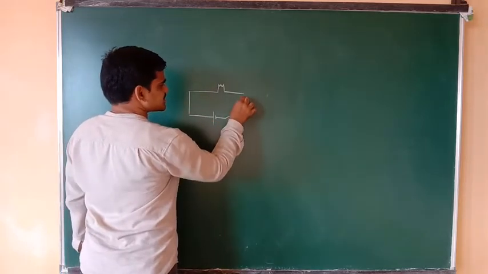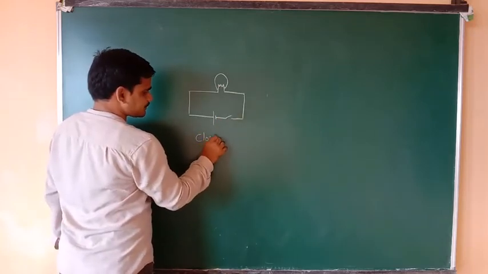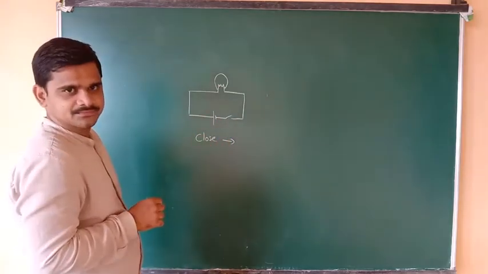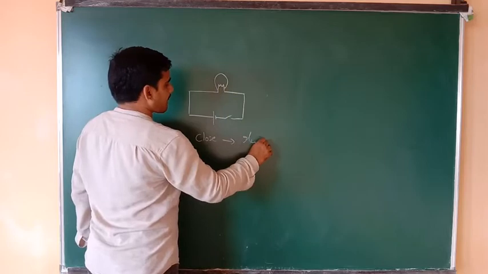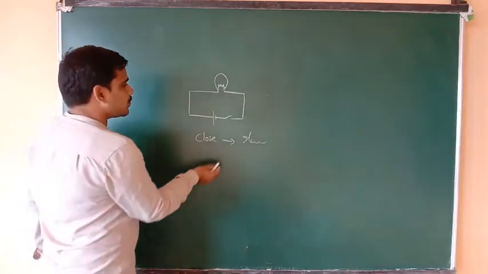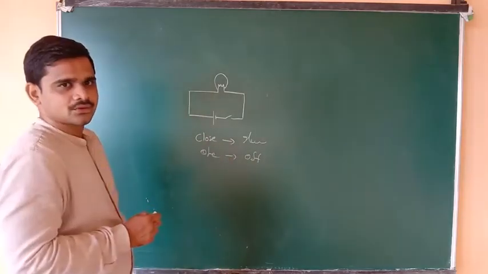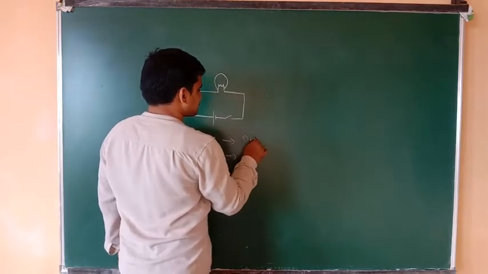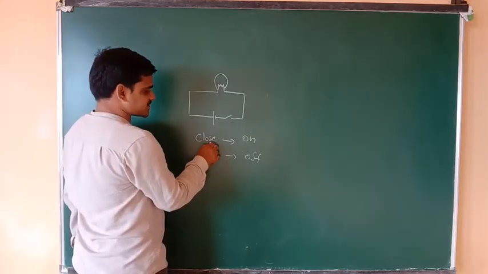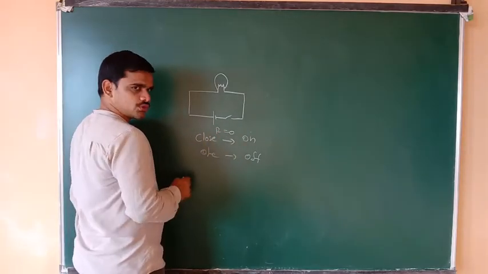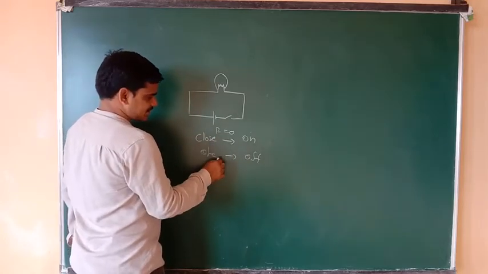Normally this is a switch, right? Bulb like this. When you close the switch, the bulb starts glowing here. When you open the switch, the bulb will be in the off state. Or we can say this one as an on state. In the closing situation, we'll have the resistance as 0. Current is flowing, means no opposition.